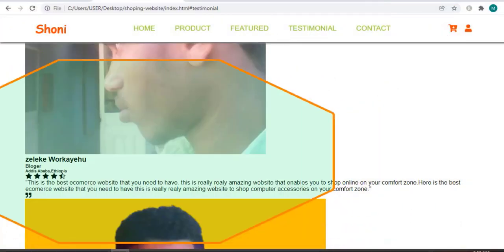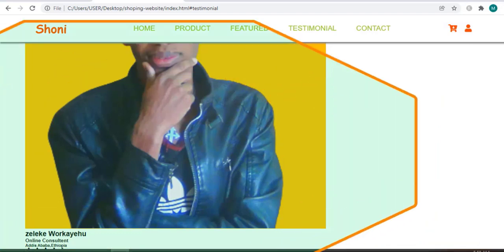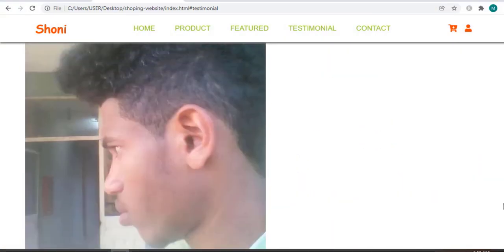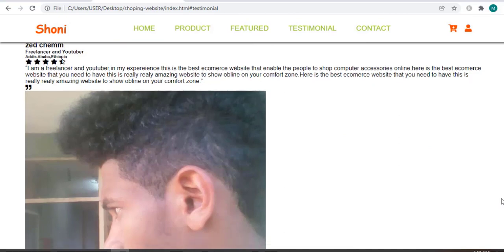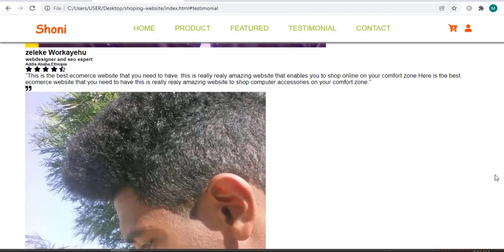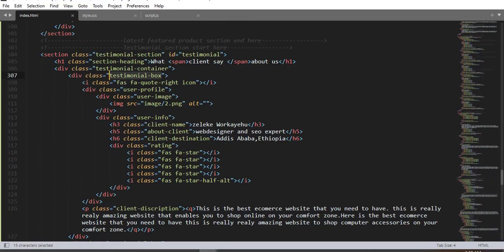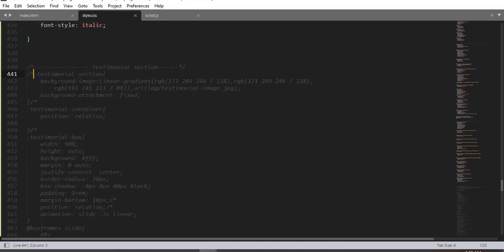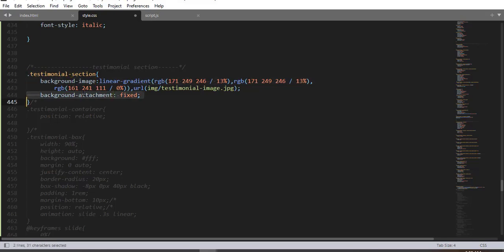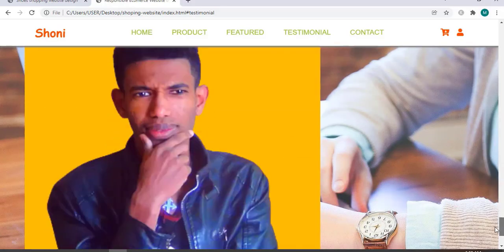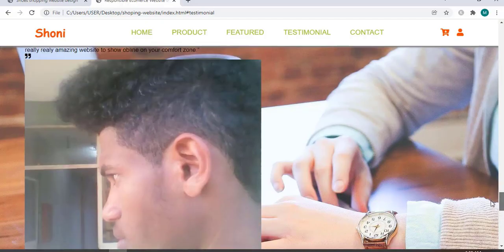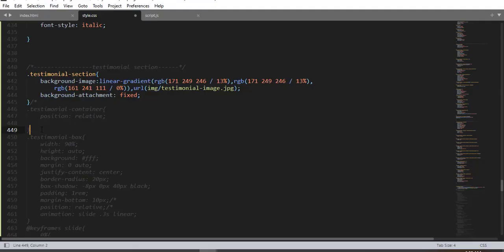So when I save and refresh again, here we have, right? That is beautiful. This is the HTML part for this testimonial section right here. So now what we are going to do is style this testimonial section using the class selector testimonial section. Let me add a background image having a linear gradient, and here we have the image path. So when I save and refresh, here we have the image,